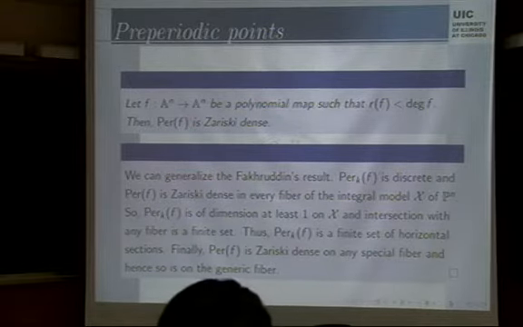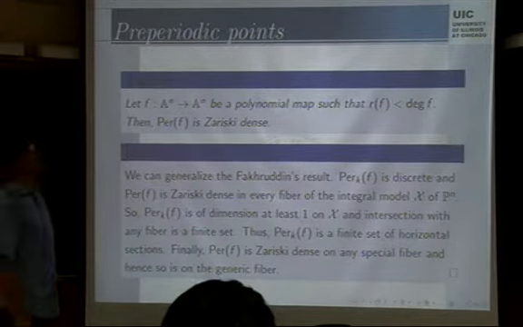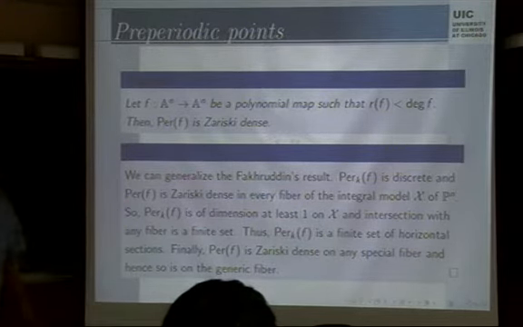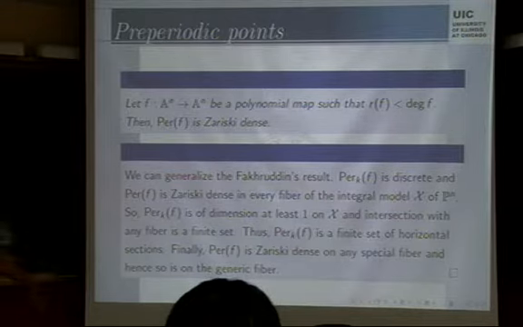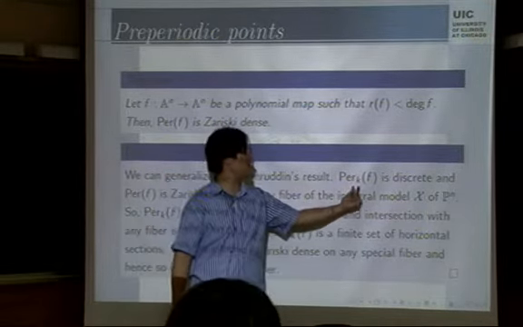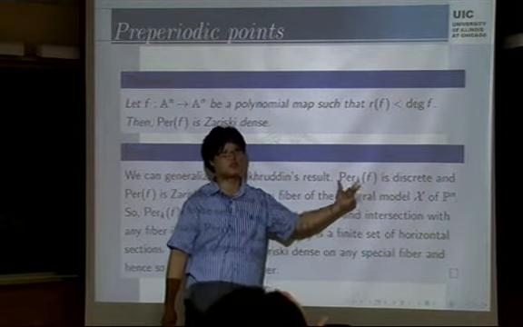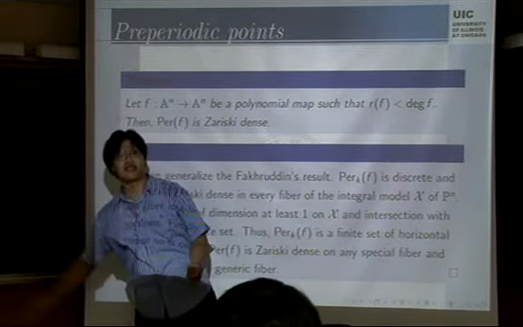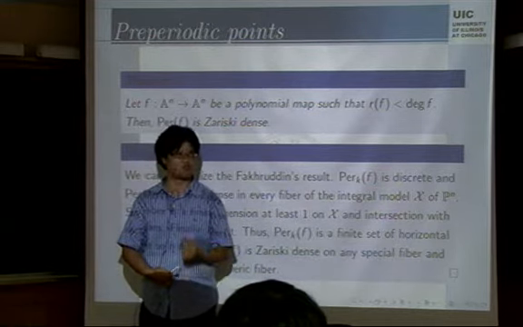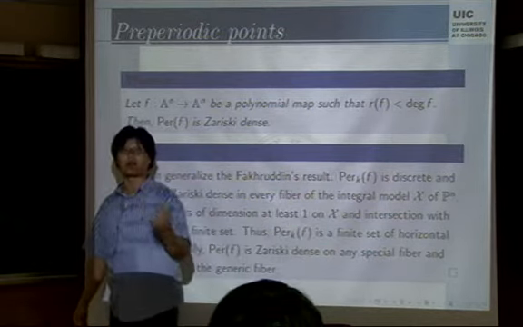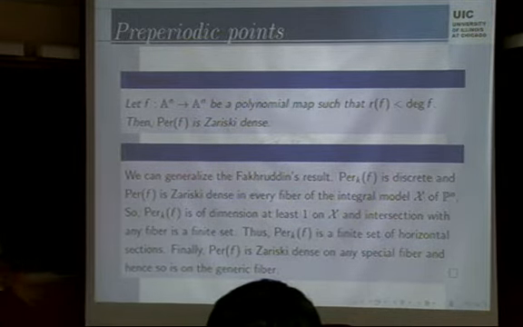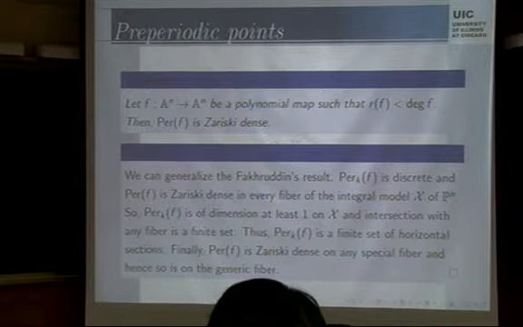If we have a polynomial map such that d ratio is smaller than the degree of f, then it says your k-rational periodic points are finitely many. Which means if we choose some k and choose k-periodic points, which means if you iterate your map k times, then that fixes your p's. Then it's always discrete whatever your base field is. Which means if you have a rational map like that,